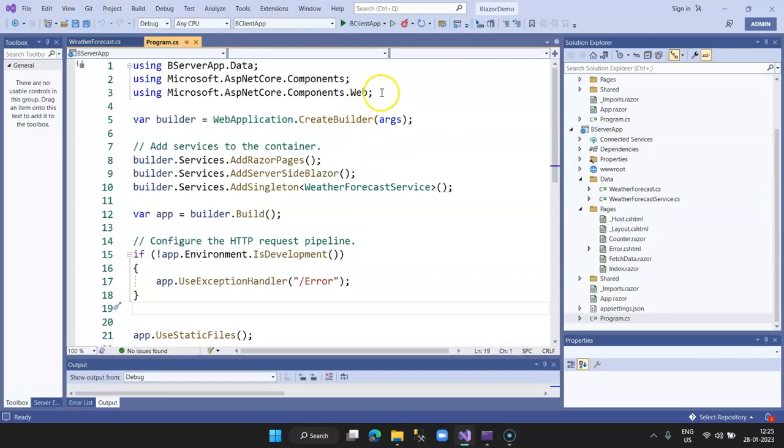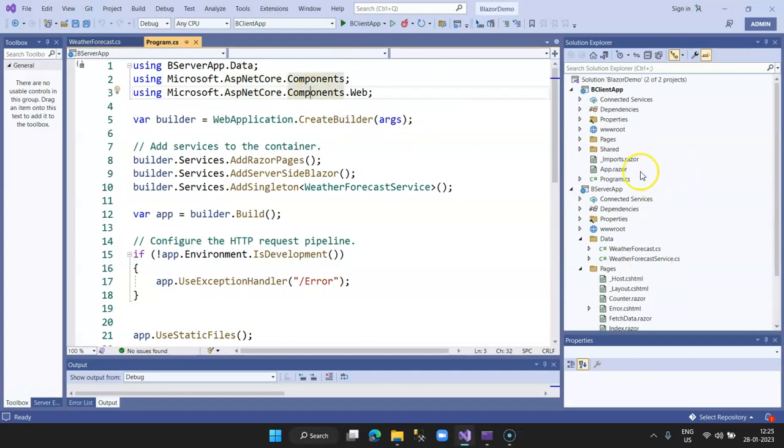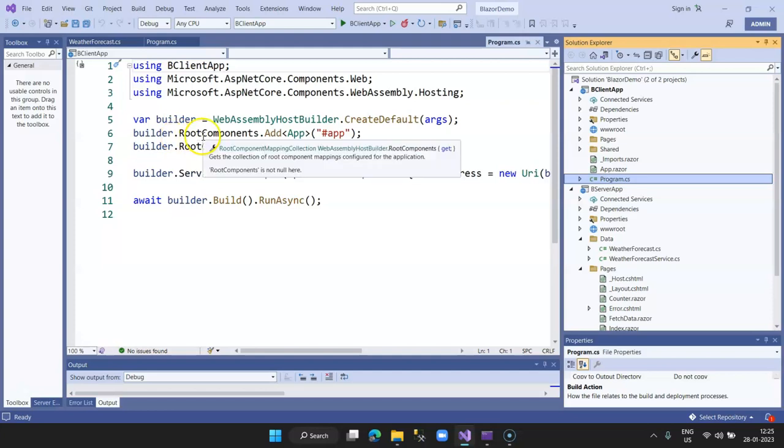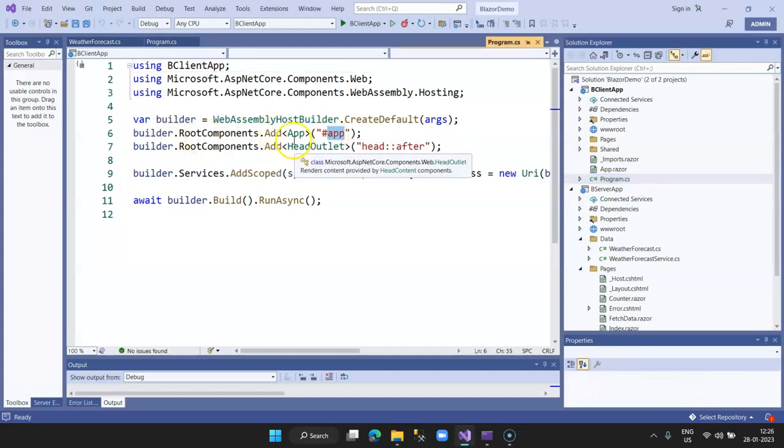Now look at the references. We have ASP.NET Core component and component.web. Now let us go to Blazor WebAssembly and click on programs. Here you can see we have something called root component add app. This is basically the client side app, that is a browser, and then we have a pipeline of HTTP base URL and addresses, and then obviously we have the run command which is there in the server app also. But unlike the server, here we have very few entries. As I mentioned, a lot of server components will not be included in WebAssembly,